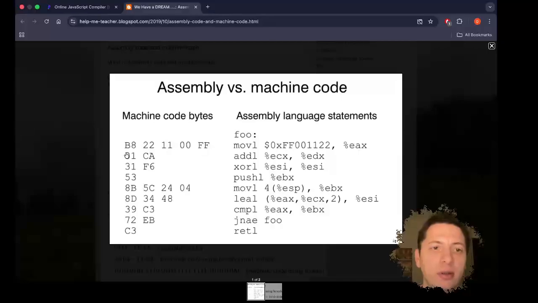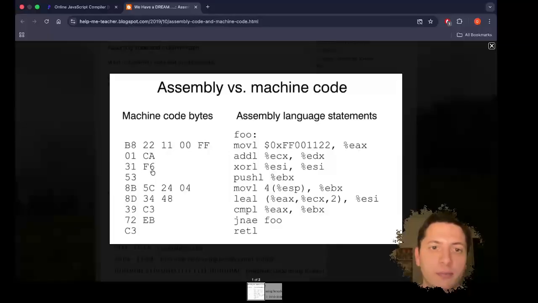The ones over here are in hexadecimal, so it's not in binary, but it represents the same thing. It's just machine code in a way that we can't understand, but the computer can. It can't understand this either. The hexadecimal, it understands the ones and the zeros, but whatever. This machine code is not readable by humans.